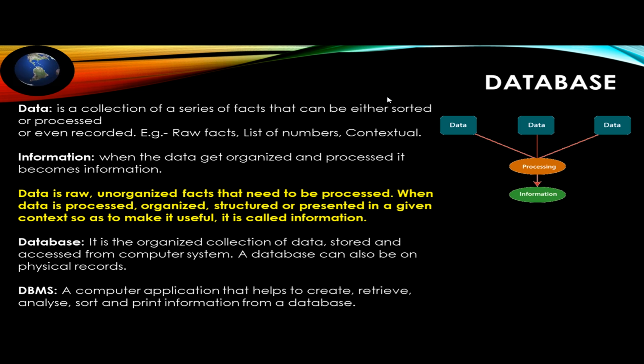So the data is the collection of a series of facts, which can be either sorted or processed or even recorded. For example, raw facts, lists of numbers, contextuals. So these things are the data. So raw information, you can say. Raw, you don't know anything from that. This is roughly what you collected. Now you want to get some